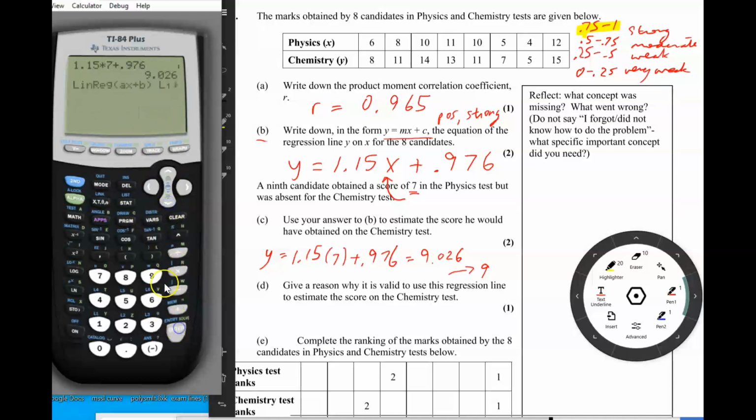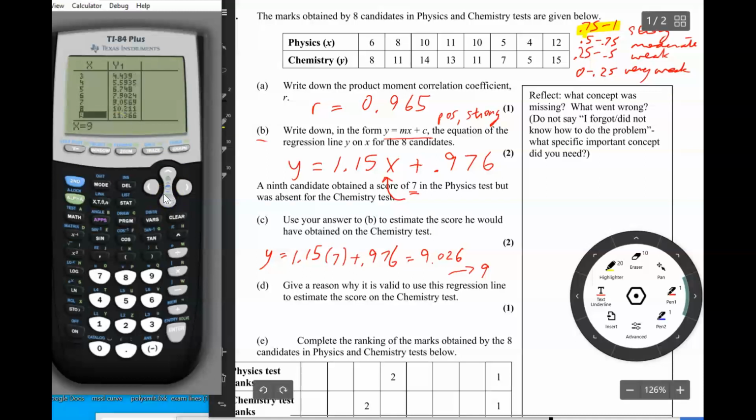And then when we calculate the equation, 1.15x plus 0.976, if we go into the y equals screen, it's already plugged in there. So now that we have it in there, if we go into second table, for example, we can see all the values for different values of x here. For example, they said if he got a 7 in physics, what would be his chemistry score? And look, if we look at the table in the row with x equals 7, we can see that the y value is